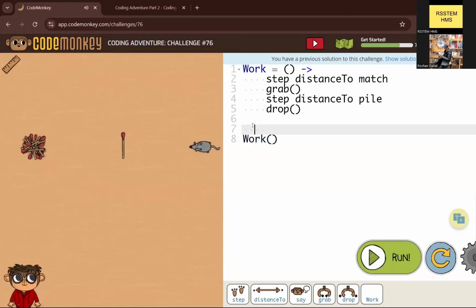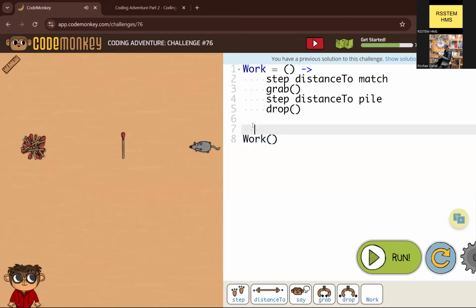Let's say rat takes step 5, turn left, step 5. Now I'll call this function. I have written the work function and the move function.